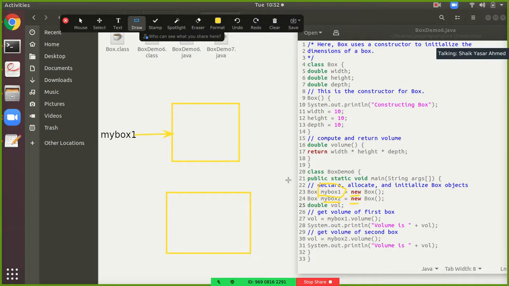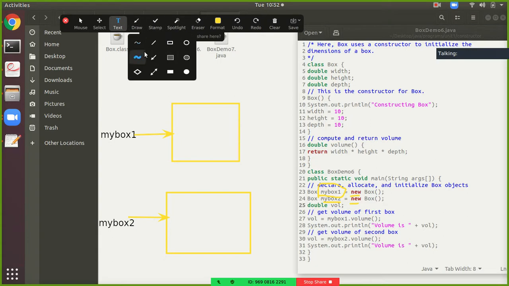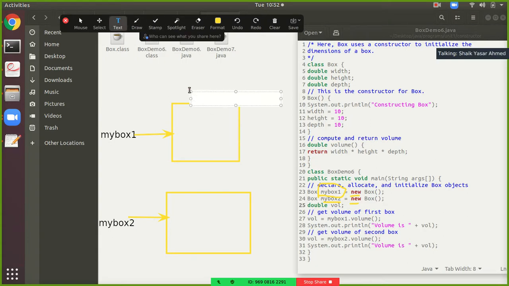So this is assigned for mybox2. This is for mybox2, and I'll write here what kind of object: a class Box object this will be.